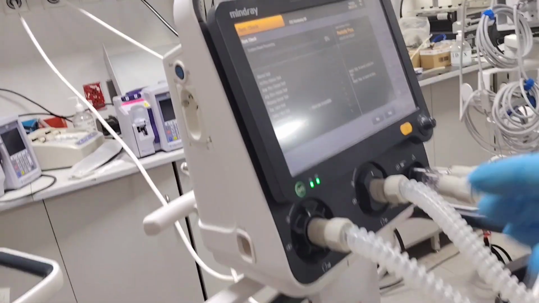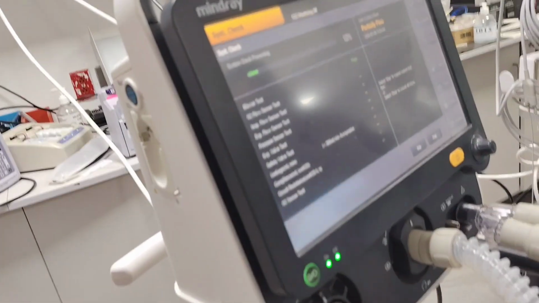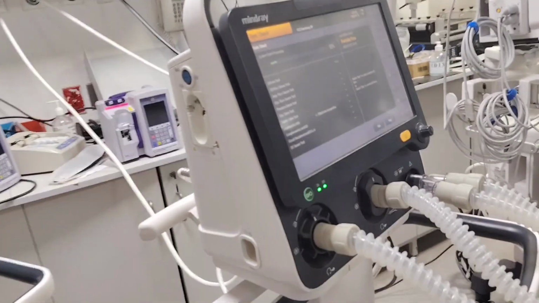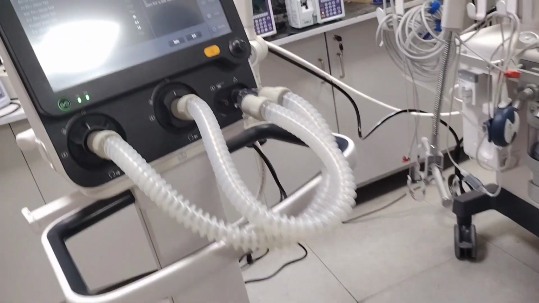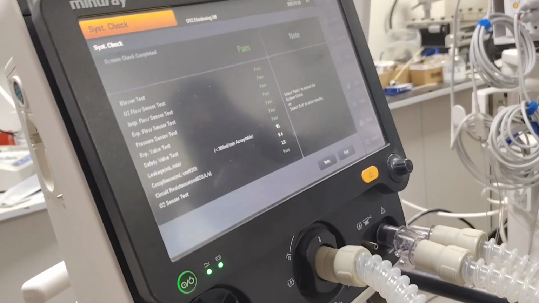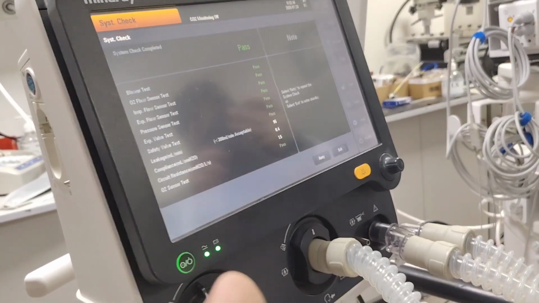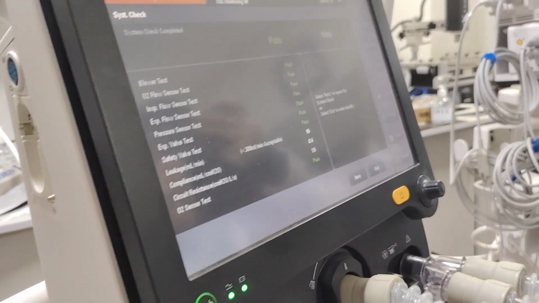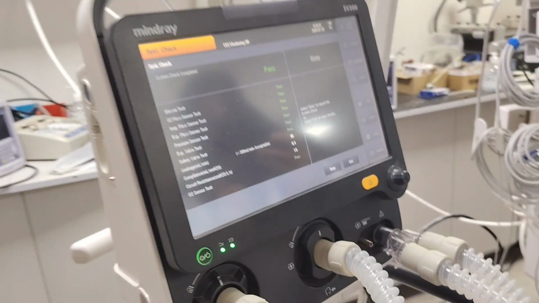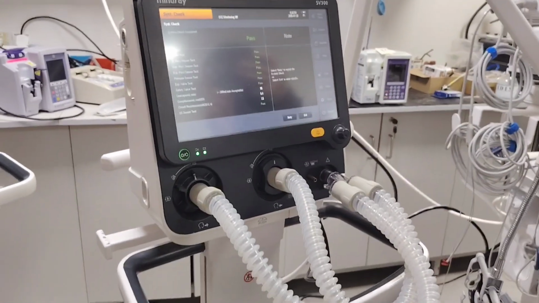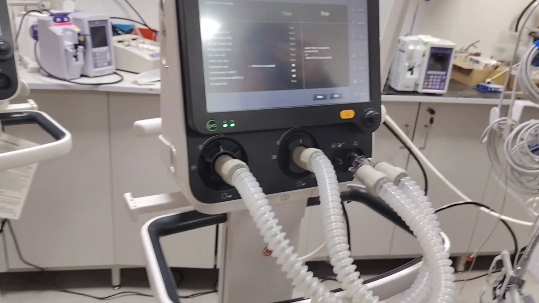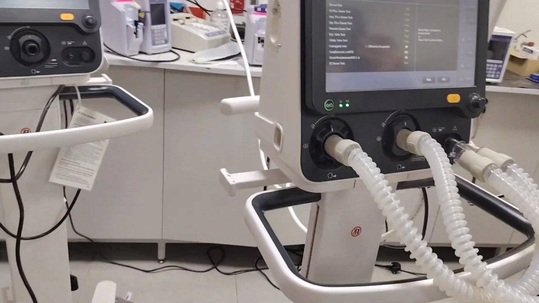If this test is passed, it means our oxygen cell is okay. After you calibrate, the sensor test is already passed. So now it's okay. The machine is already returned to good working condition.